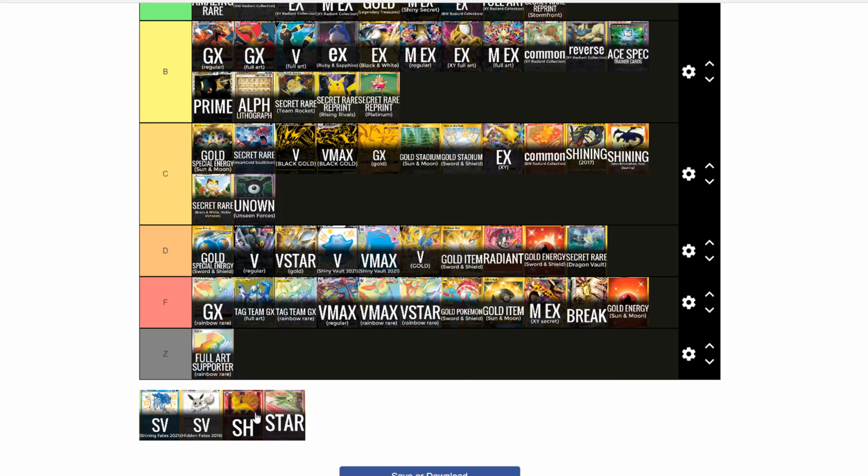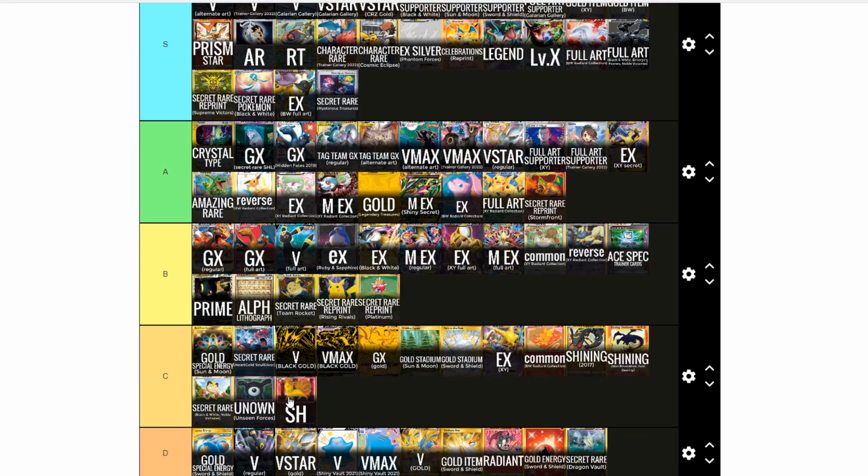Next up, we have SH. These again are like S tier. Black and White, Diamond and Pearl nailed the collection factor for me as a kid, and I know I'm biased because as a collector, I was a kid collector, right? So these SH cards for me, I loved them because they're just really cool looking,